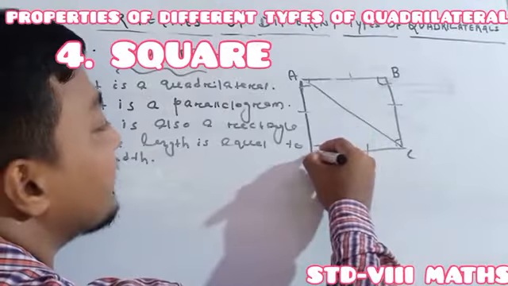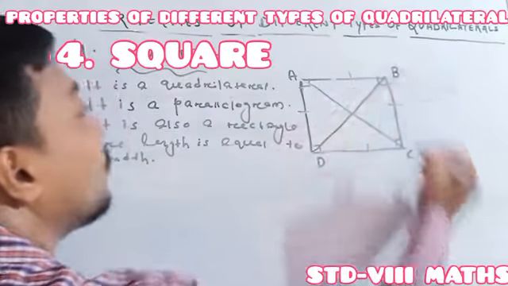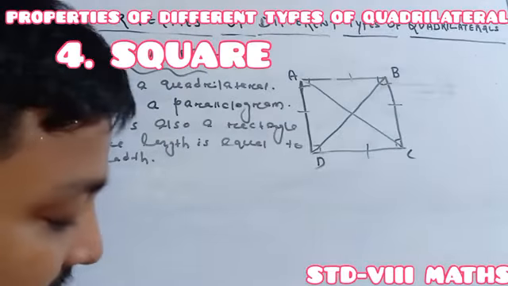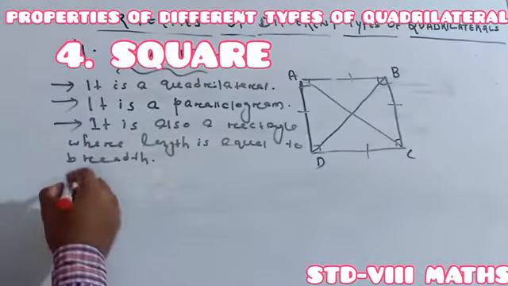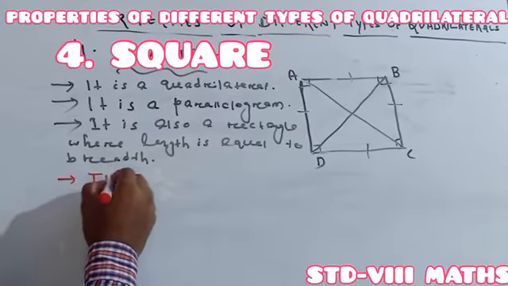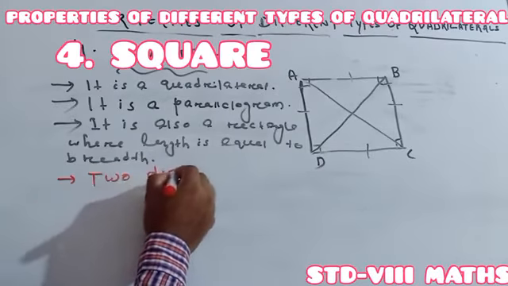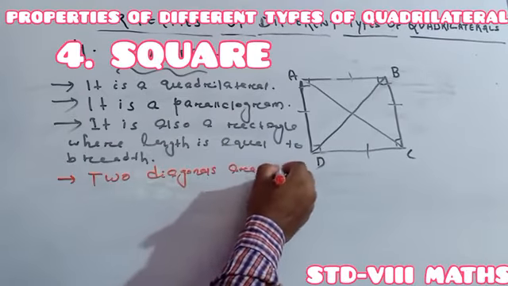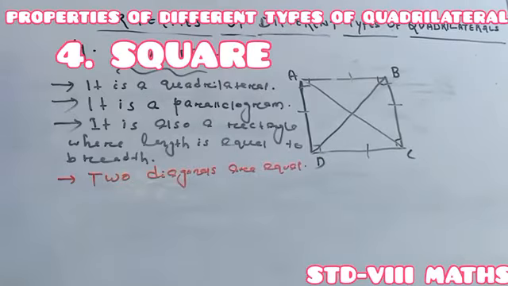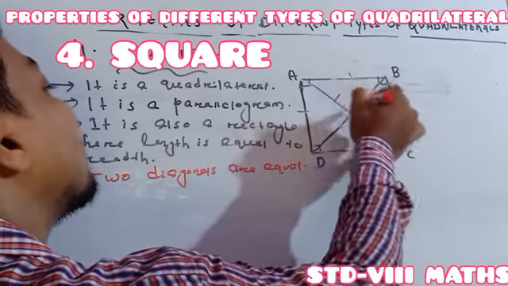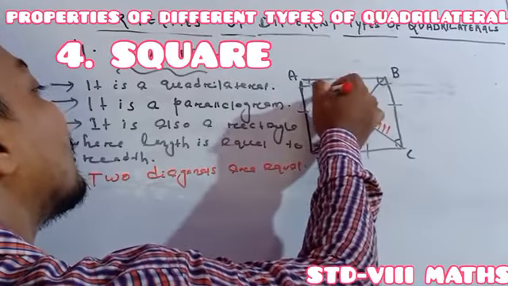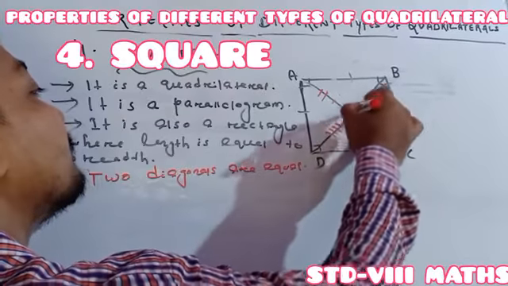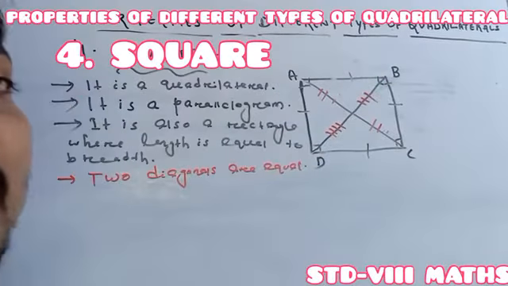Then after, another extra thing you have to remember, in the rectangle two diagonals are equal. See, in the rectangle the two diagonals are equal. It means our AC is equal to BD. See, two diagonals are equal. See, as it is the parallelogram, both the diagonals bisect each other. Both the diagonal bisect each other.